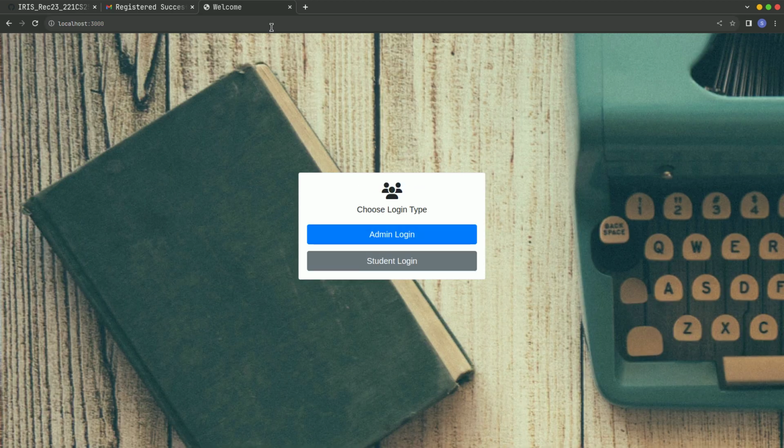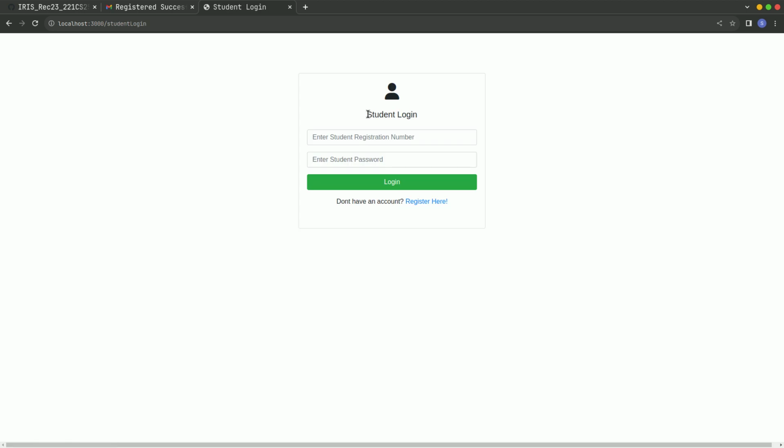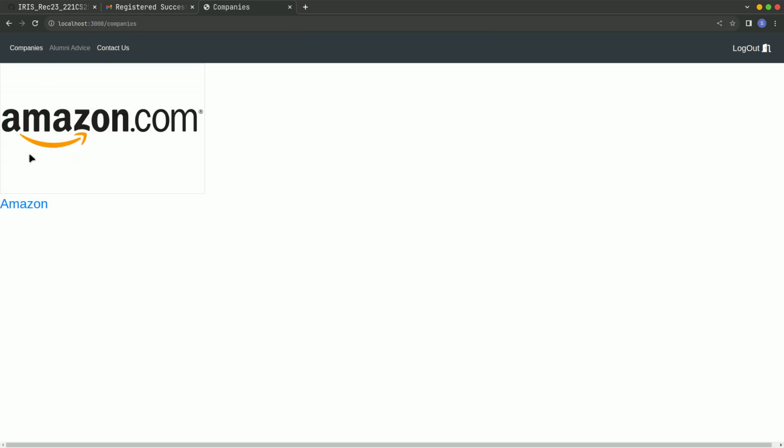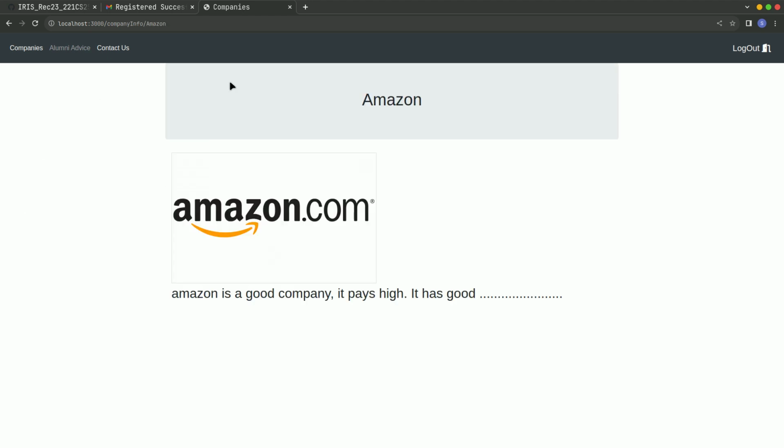But if I go back now to student login, and if I click on student registration, and if I pass the student password, which if you remember was 1 2 3 4 5 6, and this actually was a 1 over here, right? If I log in, and if I go to companies, it shows Amazon has been registered over here as this company. Now when I click on this hyperlink on Amazon, it redirects me to the Amazon page,